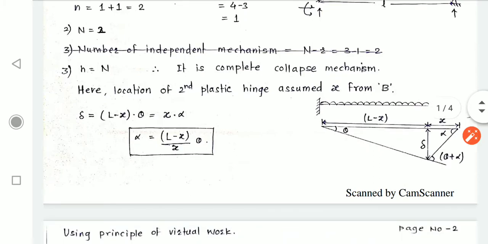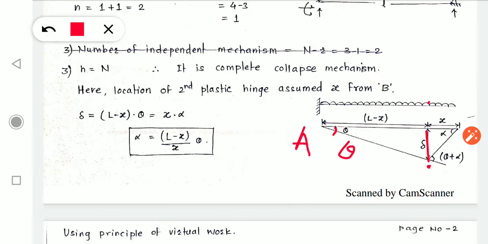From there, I can make a diagram for the collapse mechanism as at distance x I will take a maximum deflection and there will be our plastic hinge, and it is at an angle theta from A support and angle alpha on B support, because now the angles are not similar, since this triangle is not symmetrical. And this angle here will be theta plus alpha. If the angle is same, it will remain theta plus theta only, but here the angle changes.